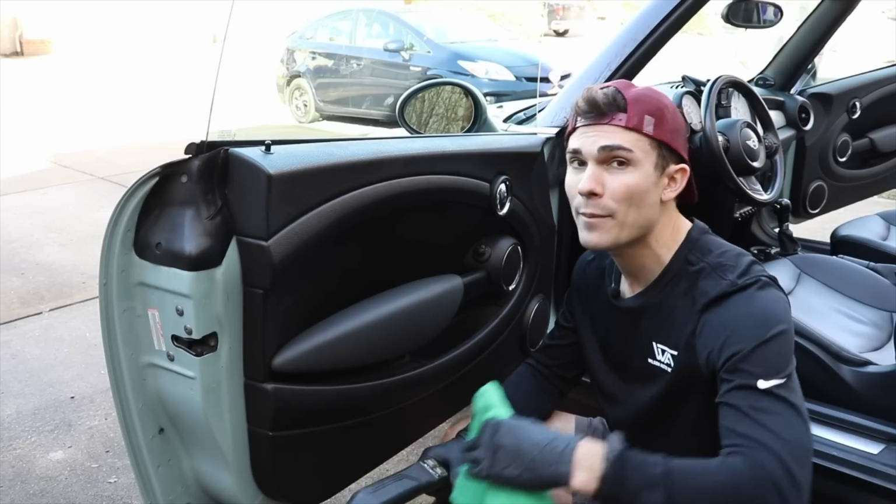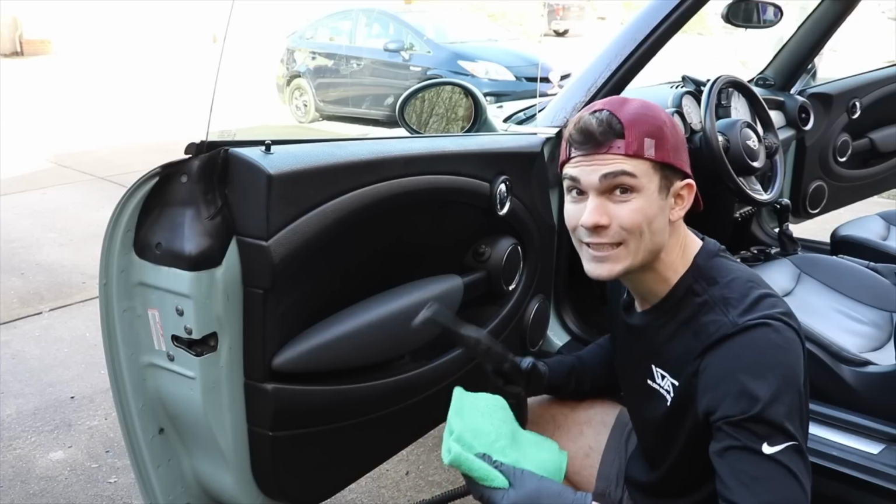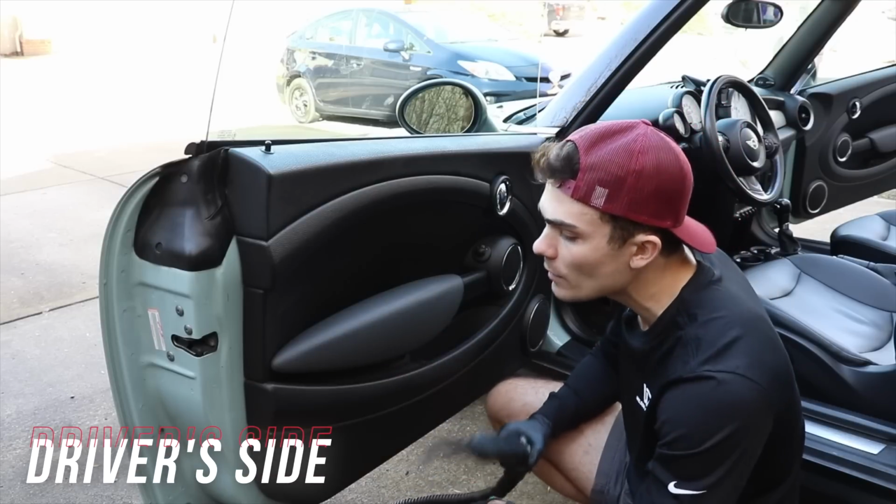So I'm going to give you my pros and cons as we go throughout this whole interior, and really just in my process explain what I like, what I don't like, and where I feel like the limitations are. So as I'm starting with this door panel, all I'm going to do is try to